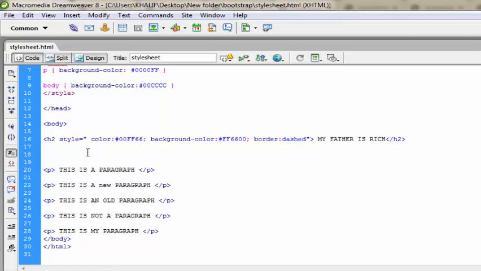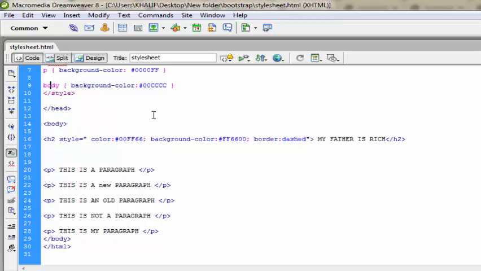Now let's assume we have 5 HTML documents for a particular website. You have your home page, the about us page, the my services page, the contact us page, and one other page. Let's just say you have 5 pages. Now you do not want to start styling every page separately. You can just create an external style sheet separately, and that one external style sheet would control every HTML document that you need it to control.